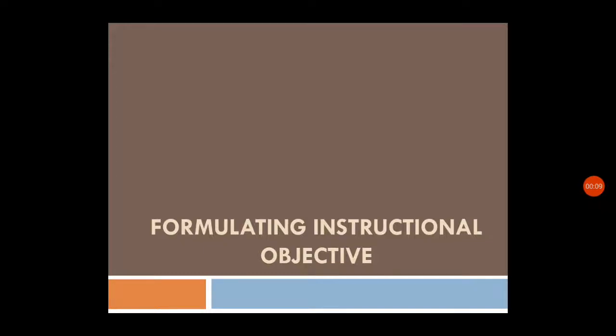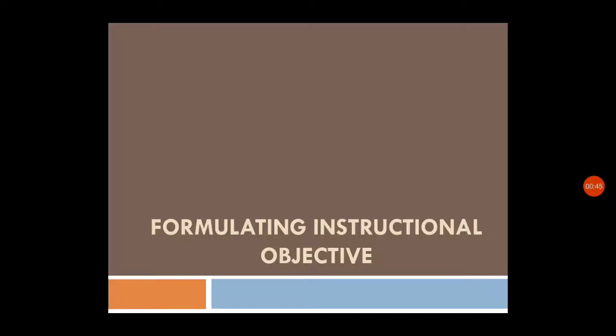We are discussing now the curriculum, the second unit curriculum, and for many days we were discussing the steps of curriculum development, and in that the first step of curriculum development, that is the formulation of educational objective. So in the last class we have already discussed how to write the central objective based on Bloom's taxonomy. So now we can see how we can write the behavioral objective, or we can say how to write the specific objective. Okay.